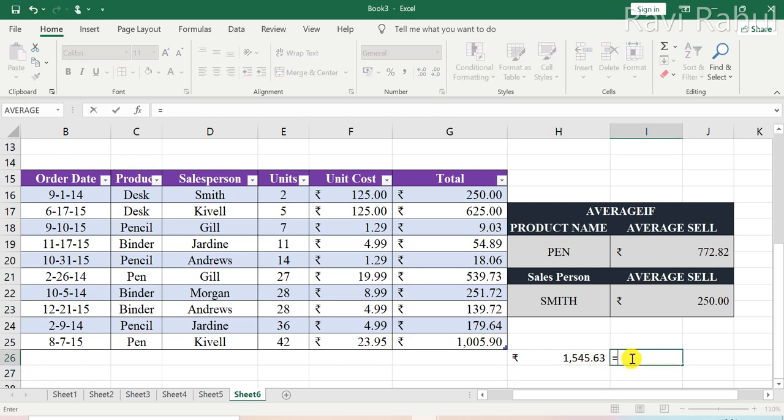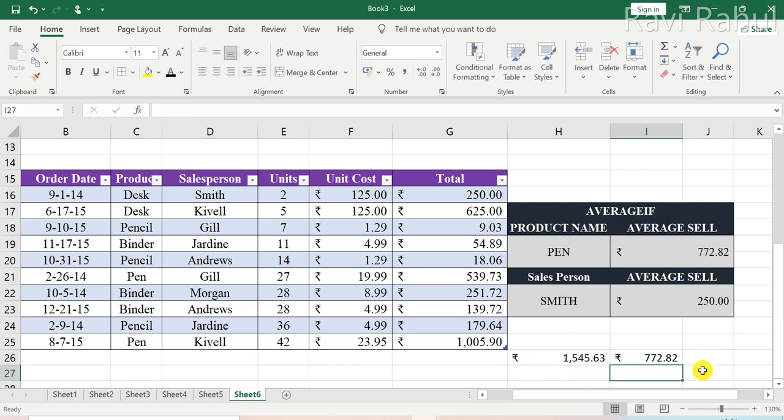Now in order to take out average, just divide it by 2. Why 2? Because there are 2 times that these pens have been sold, and this will give you the result of 772.82. That's correct. Now what if I change